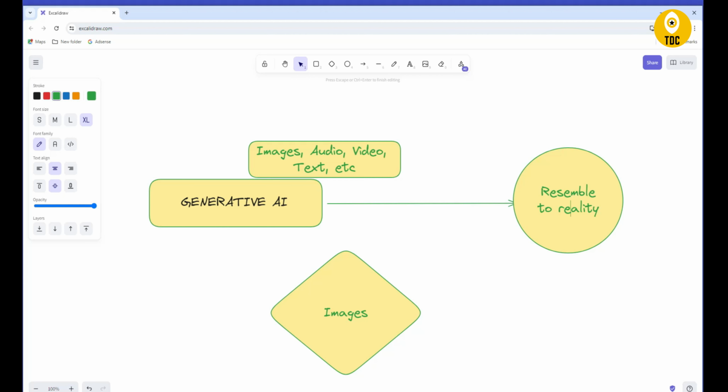It tries to make the output near to reality, but it might not be exactly what is true in terms of facts and figures. That is why we need to be careful when using ChatGPT or any kind of AI tools, and we cannot completely rely on that data.